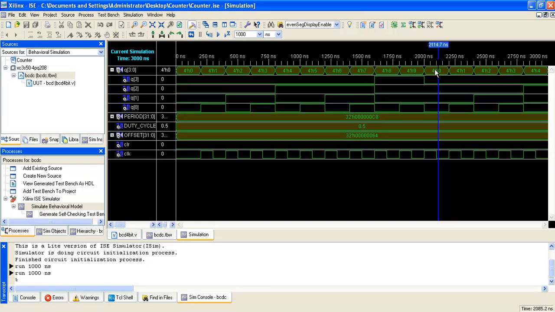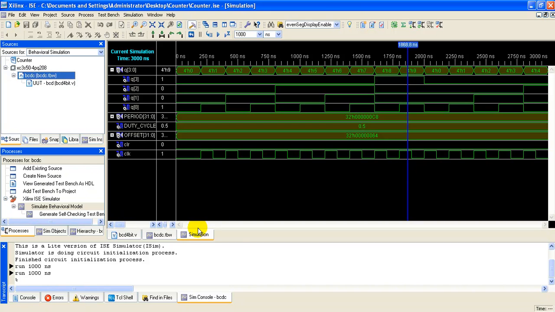And for the next clock pulse, you can directly see that the status of the flip-flops in the counter is reset to 0. That is, all the states of the flip-flops in the counter are equal to 0000. That means it is working as a BCD counter. It starts counting from 0 and ends the count at 9, that is 0000 to 1001. So this finishes the first project, that is the first part of the session, simulating the 4-bit BCD counter.